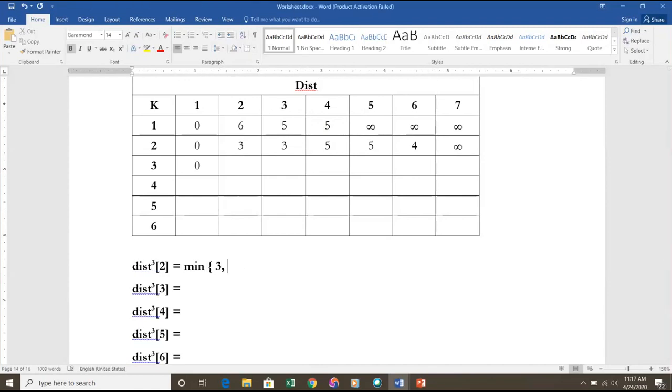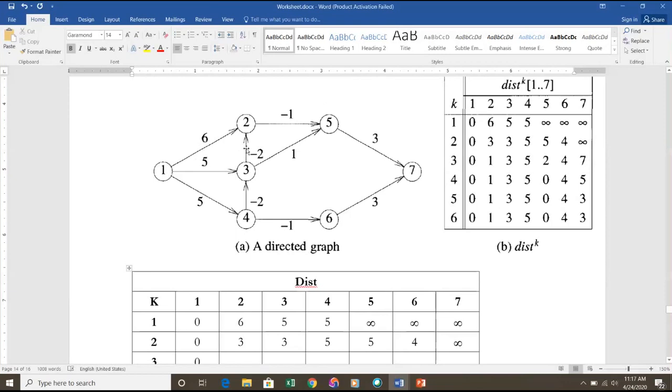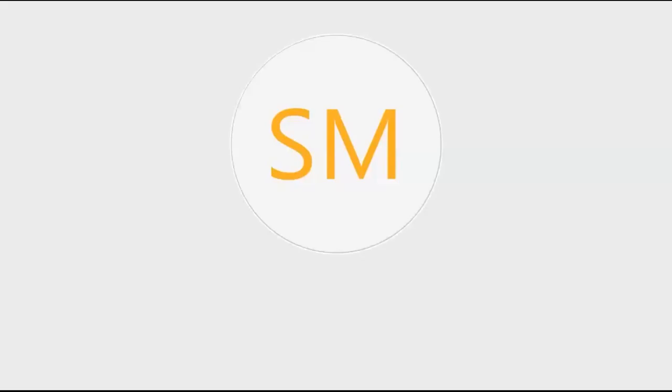And see which are the edges that are incident on the vertex number 2. These two are incident on the vertex number 2. So once again do the same procedure. So cost of 1 is 0, 0 plus 6. Write 0 plus 6 here,